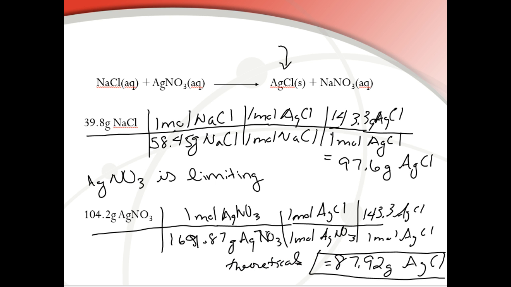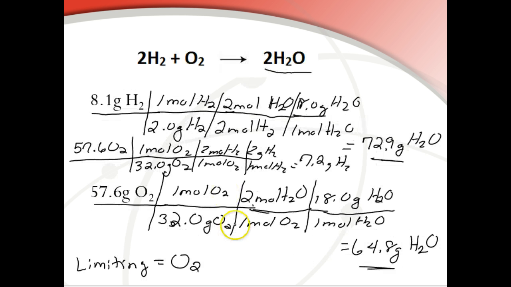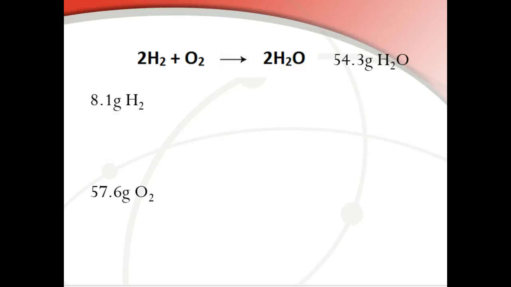If we go back to the previous example, oxygen was our limiting reactant. 64.8 grams was our theoretical yield. So it's already done for you if you do it this way, which is nice. But keep the other way in mind just in case. And so the last one is percent yield, and it's pretty easy. If 64.8 grams was the theoretical yield for this same problem,